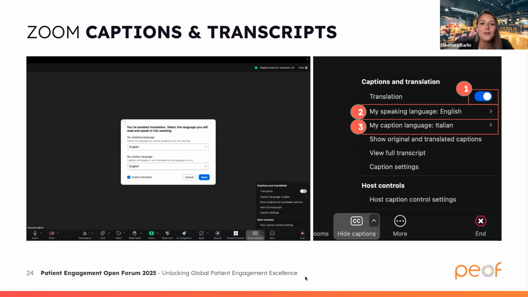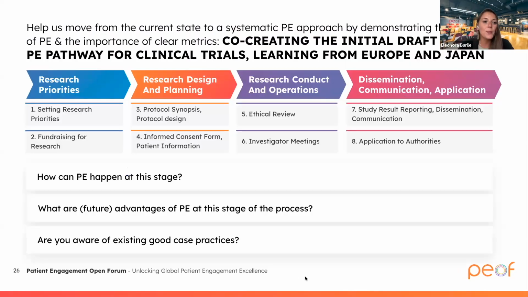Let me quickly explain how the co-creation will look. We will look into the pathway that Laureline has walked us through at the beginning of the session. And we will be split into 4 groups. We're going to create random groups where each one of you will be asked to focus on one of the 4 phases of the clinical trials pathway.